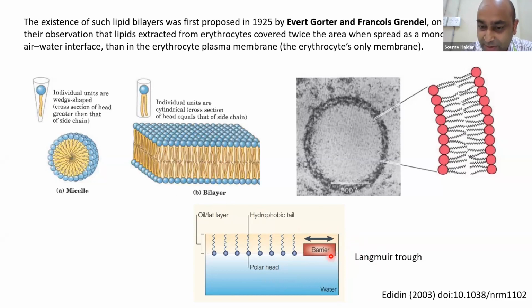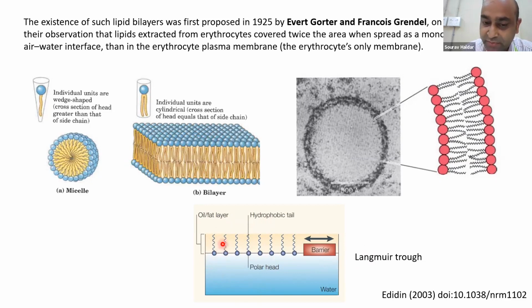The experiment that they actually did was on a Langmuir trough, and this Langmuir trough is a very simple device which was invented by a lady called Agnes Pockels in her kitchen. How amazing is that! And then Langmuir modified the primitive Langmuir trough into a more sophisticated instrument, which we now know as the LB trough or Langmuir trough, and I think many of you have seen it. In that instrument, we can lay a monolayer of lipids on the air-water interface.